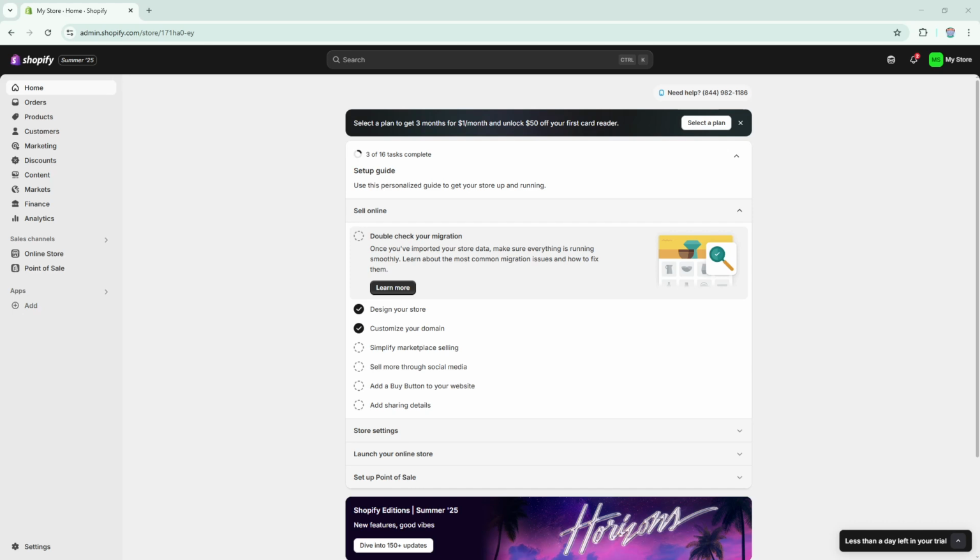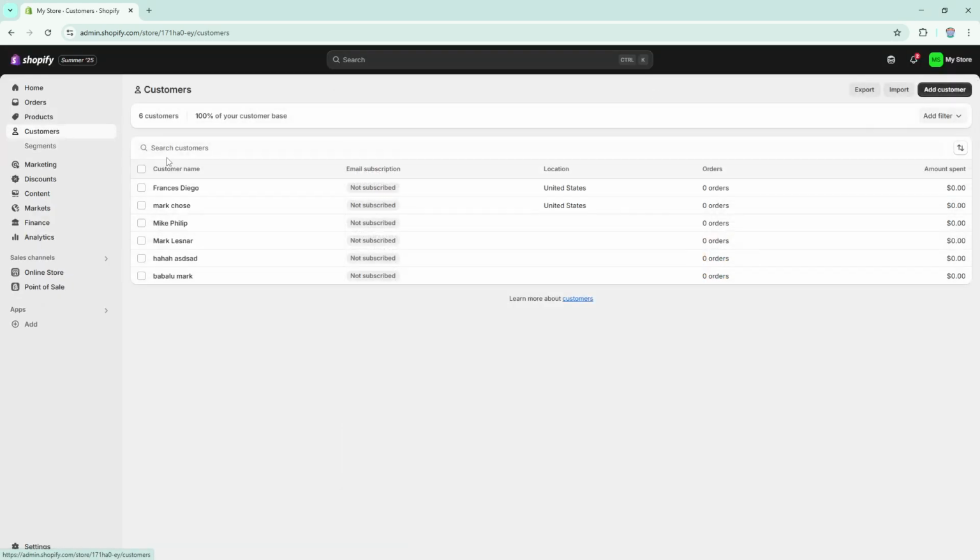First, you'll want to head over to your Shopify dashboard. This is the control center for everything related to your store, and it's where we'll start this process. Once you're logged in, take a look at the navigation bar on the left-hand side of the screen. Among the various options, you'll see a section labeled Customers. Click on this link and it will take you to a comprehensive list of all the customers associated with your